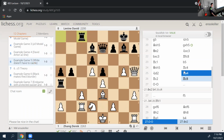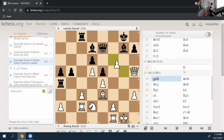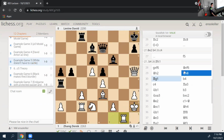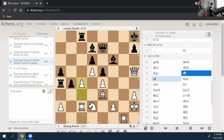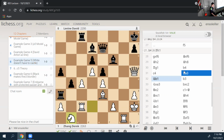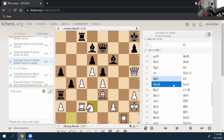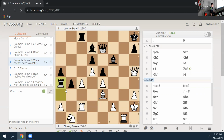In this game, I decided to castle. After f5, after that, my king out of the open file. Black did the same. After I played knight d1 to try and pick the rook back out. Because black wants to play bishop a4 here. So if I play knight d1, if black just plays rook a4 here, then he's a